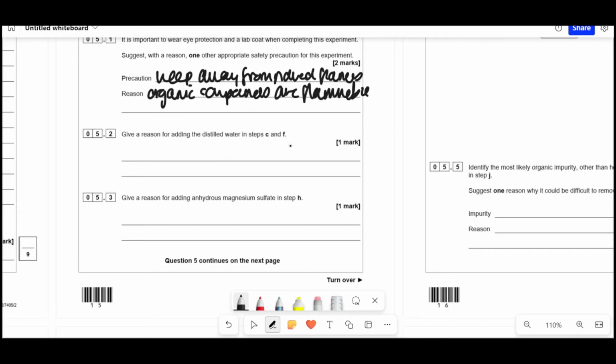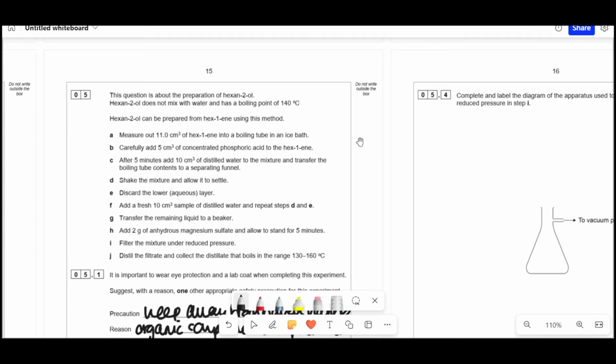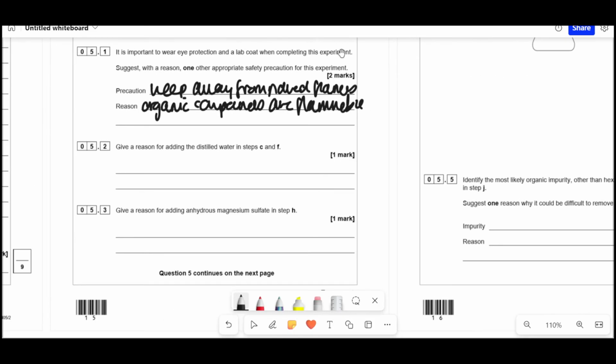Then it says, give a reason for adding the distilled water in step C and F. If we look, they want you to make hexan-2-ol, and it does not mix with water. So they're adding the water, it isn't going to mix with this, but it's going to get rid of all the other stuff that's been added here, all the other stuff that will be taken away with the water. So the reason we do this is to remove